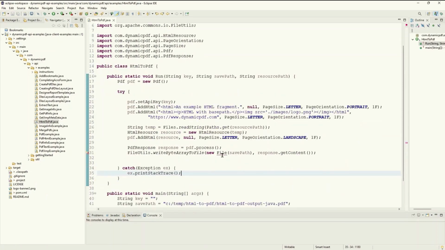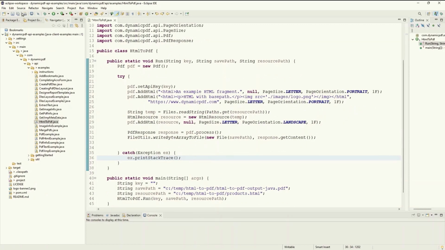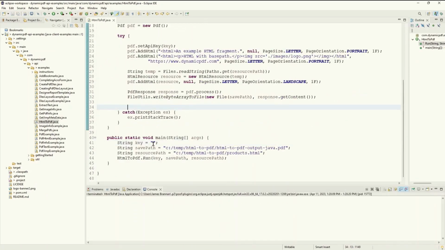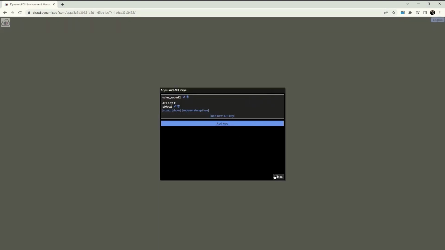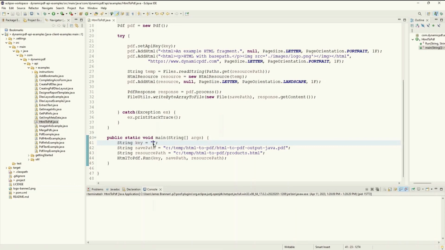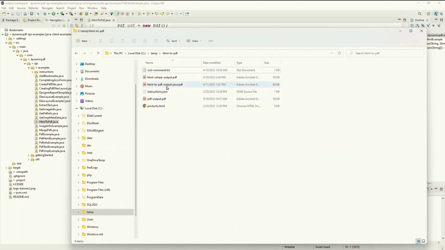Okay, what do we need to do now? Oh, so we have the save path, the resource path. We need to get the API key. Let's go to DynamicPDF Cloud API, the environment manager, and then apps and API keys, copy, close, and now let's paste the API key. And there we go. Let's go ahead and run it. After running it, go to the HTML to PDF folder, and there it is, HTML to PDF output java.pdf. Open it,